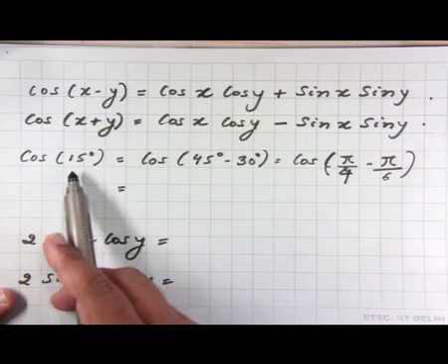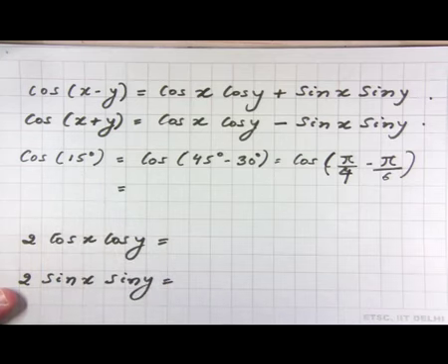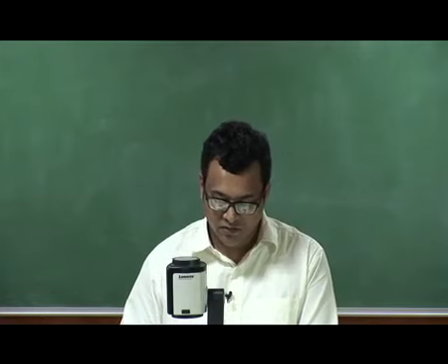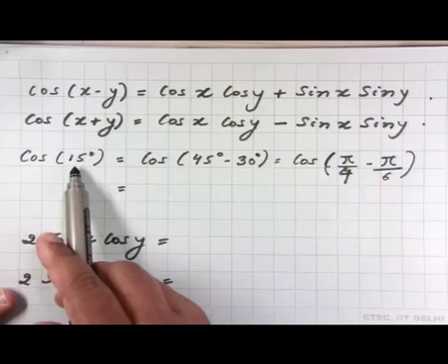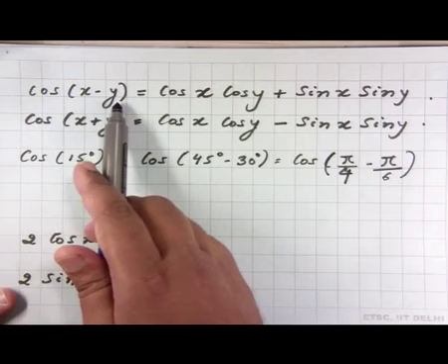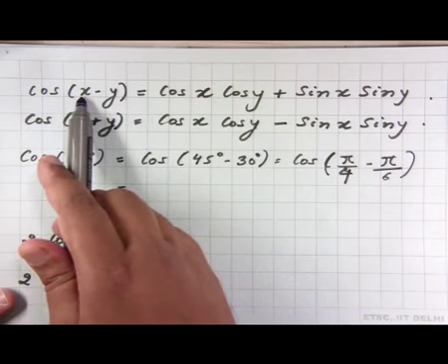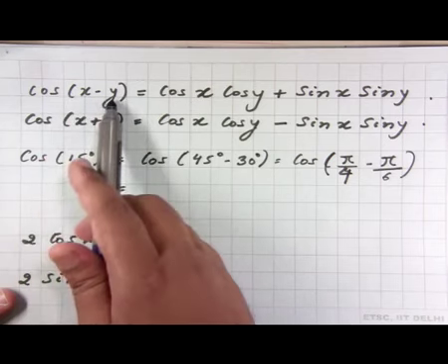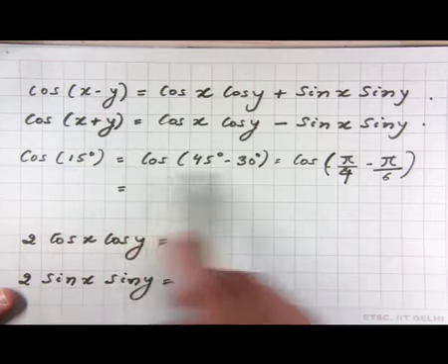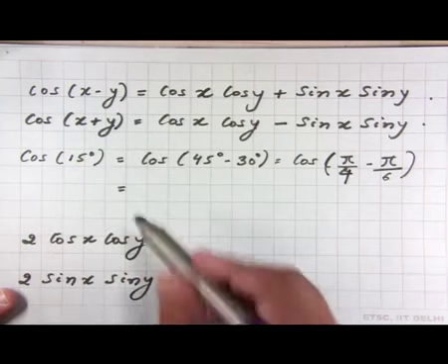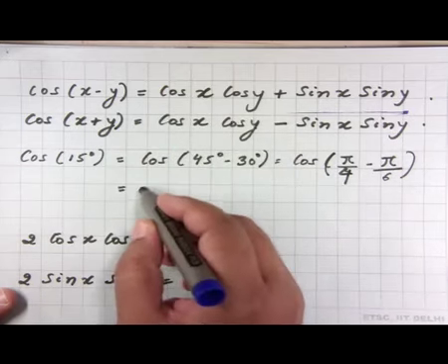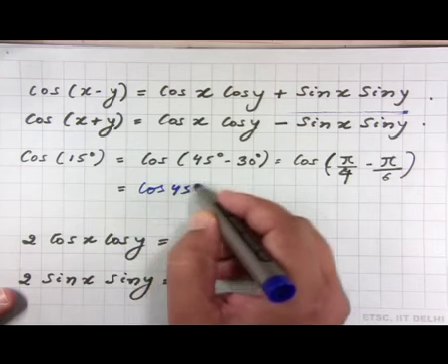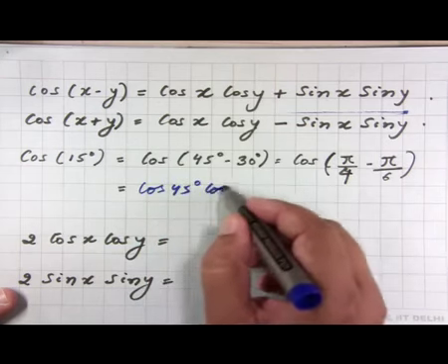For example, we already know the cosine and sine for 45 degrees and 30 degrees. So, that can be used to find the cosine of 15 degrees by using this formula and having x equal to 45 degrees and y equal to 30 degrees. So, that is written here. So, cos of 45 minus 30, and then of course, I use this formula here. So, what we get is cos 45 cos 30